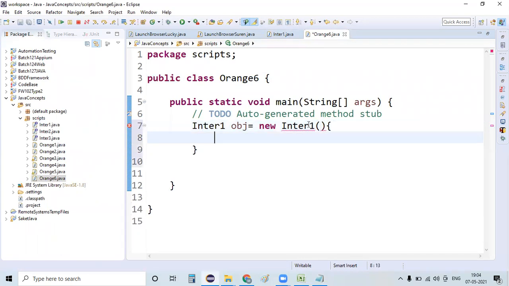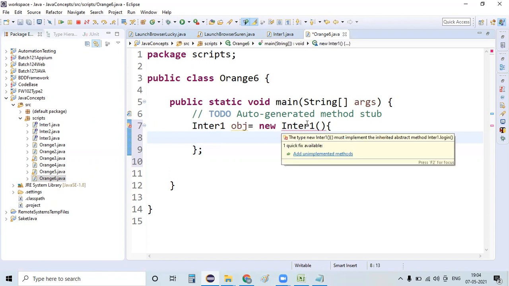Open braces. See here, I just opened these braces, and here I have defined obj is equal to new of that particular interface name, followed by these braces, and here I'm specifying the ending.